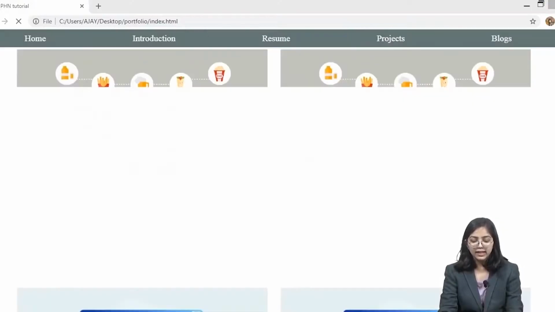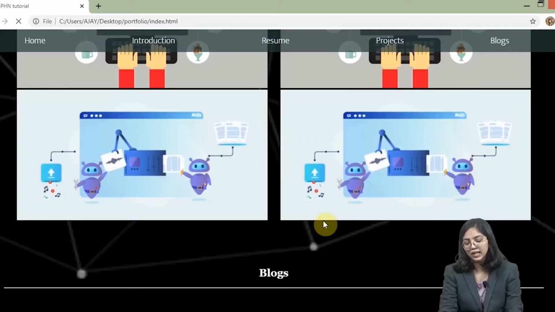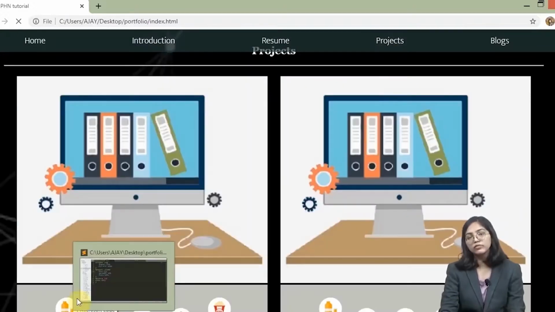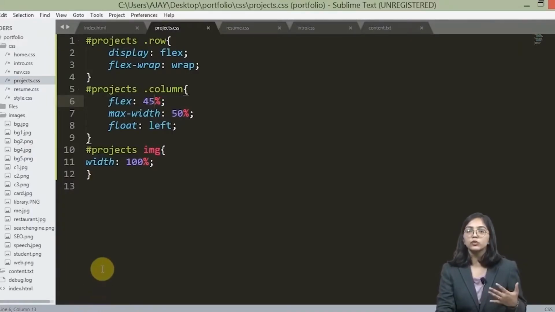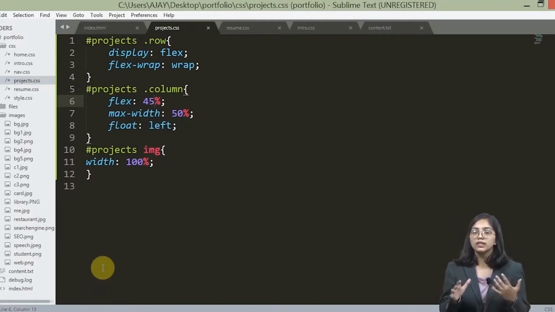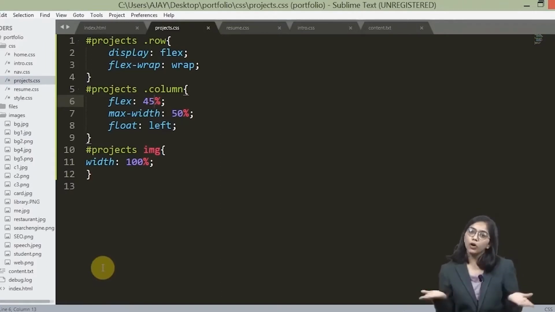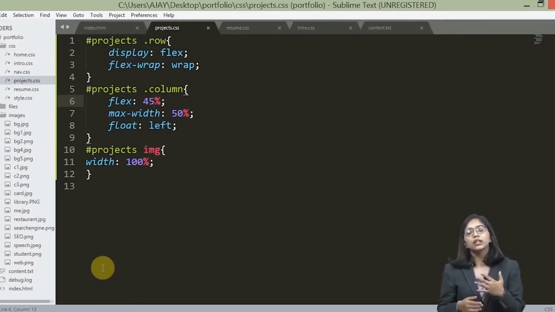So you can see that they have appeared. Now since I've used the same images, they have appeared quite plainly. Okay, when you use different images, you will see that they will come inside with some different value. It would not be plain from the bottom. So you would need to increase the height or something like that. It would appear as a collage.